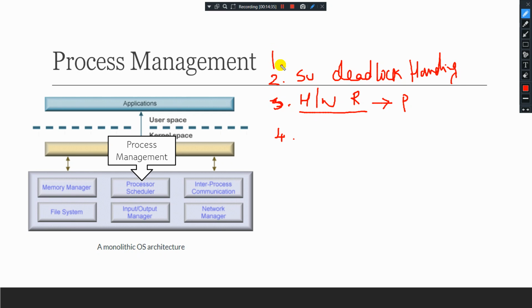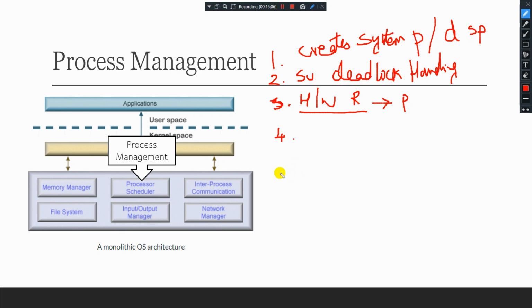The first point is that it creates a system process, and it can also delete a system process. The second point is about deadlock handling. The third one is that it supports hardware resource allocation among the processes.